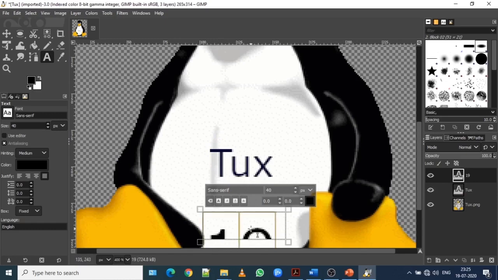Okay, so the text size is so big. Let me reduce it. Okay, let's say it's 19th of July 2020.